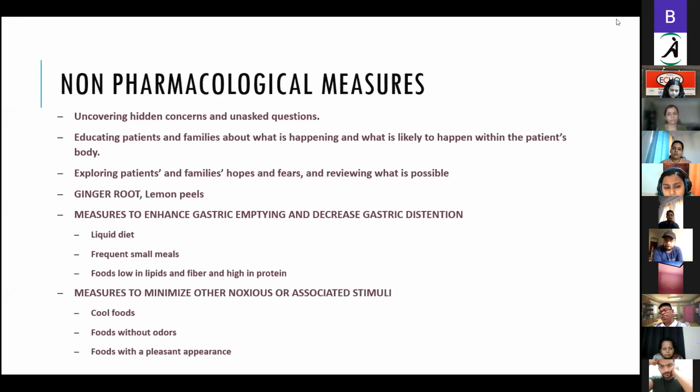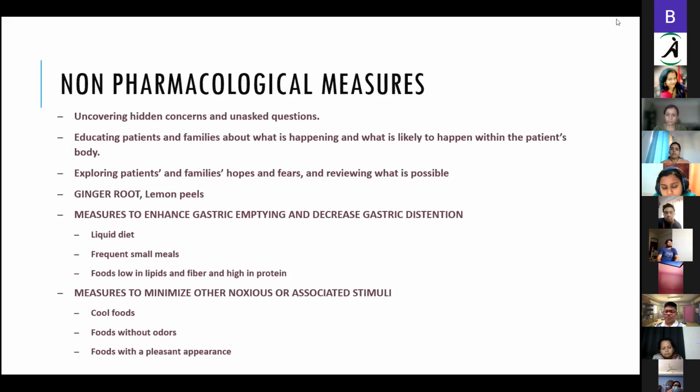And food should be low in lipids and fiber in these places because that can act more as a probiotic, lead to also fiber in patients who are having opioids. It might lead to more amount of fecal impaction in these patients. So we always tend to have this thing that, if it's constipation, if it is nausea and it's this, have more fiber, have more of these things, eat all of that. But you have to be very careful in patients who are on opioids. Fiber in high fiber diet can lead to fecal impaction in these patients.